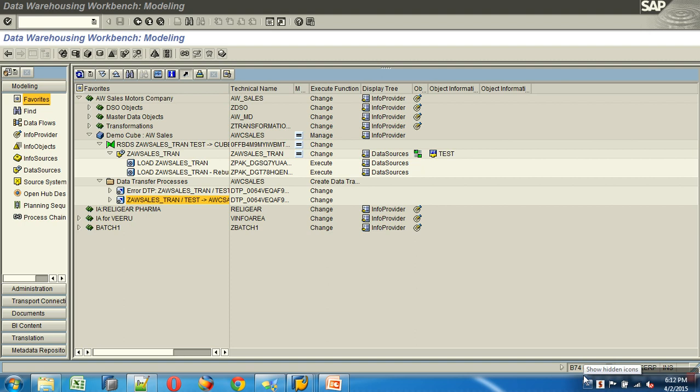So in the last class, till last class, we've been looking at basic modeling, where we have learnt about creating InfoObjects, creating cube, creating DSO, creating modeling master data objects and loading it from flat files. Now we're going to concentrate on reporting, where we focus on